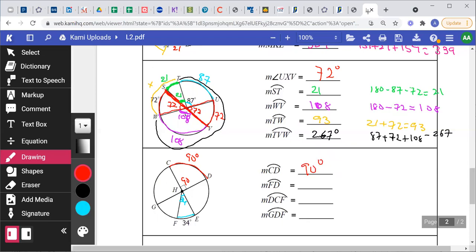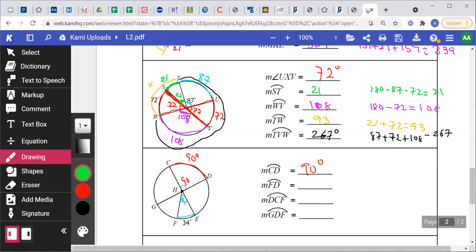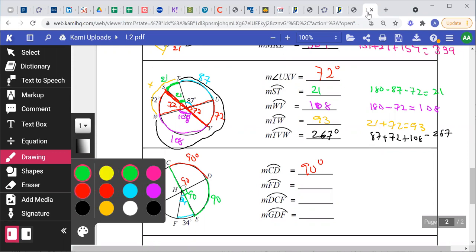And another thing is that since CD is 90 and this is a diameter, the other angle is going to be right as well. So this angle is going to be 90 as well. And if it's 90, it means this arc that is formed around it is going to also be 90. Okay. And then the next question says